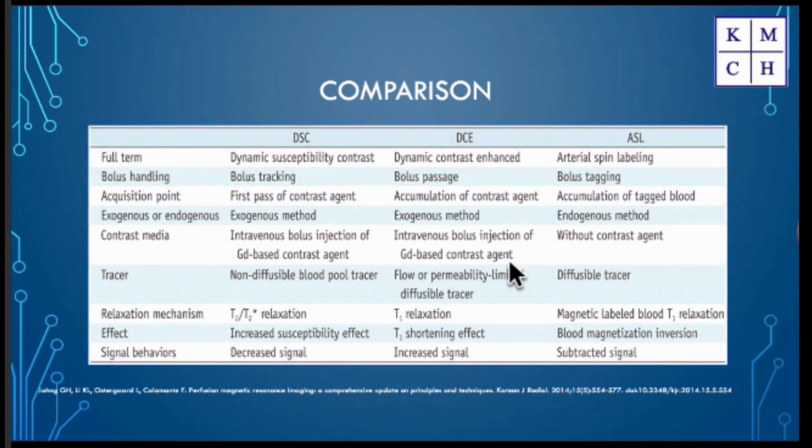The DCE method, on the other hand, is a slow permeability based perfusion technique where we inject a bit more slowly and for a prolonged period of time. It focuses mainly on the permeability of the blood-brain barrier and the extravasation that happens. The first method, the dynamic susceptibility contrast, assumes that there is no leakage, whereas this actually looks at the leakage.